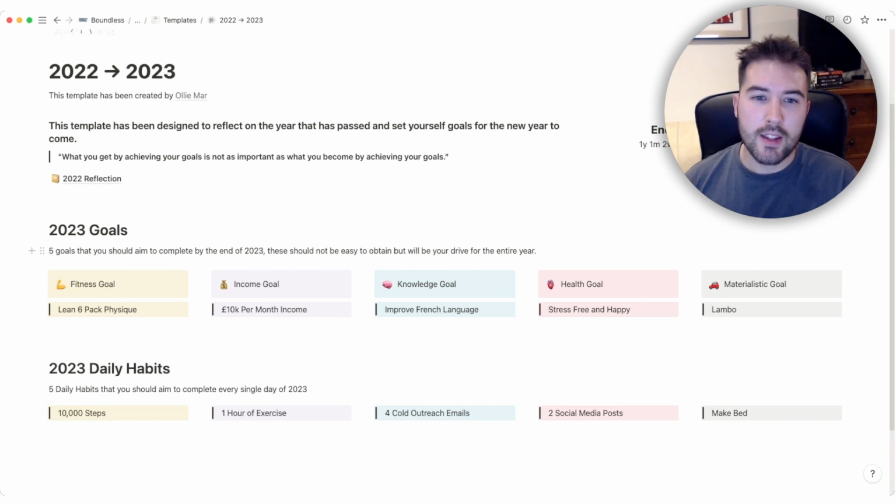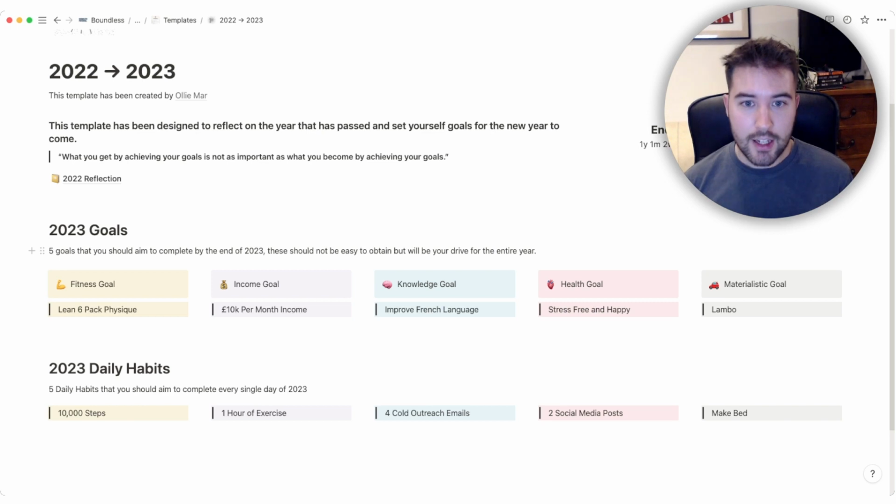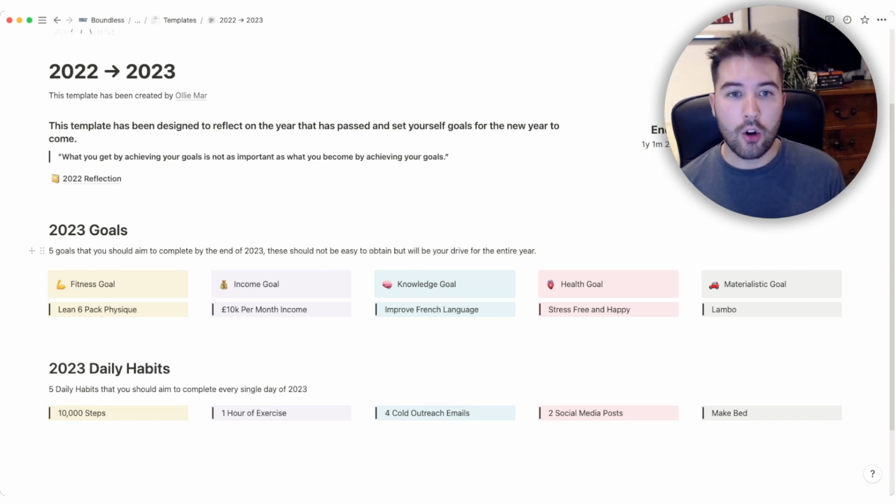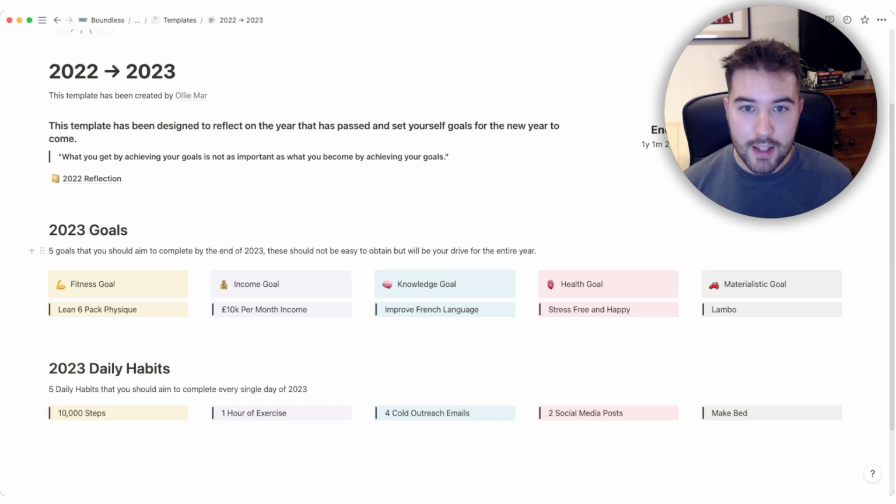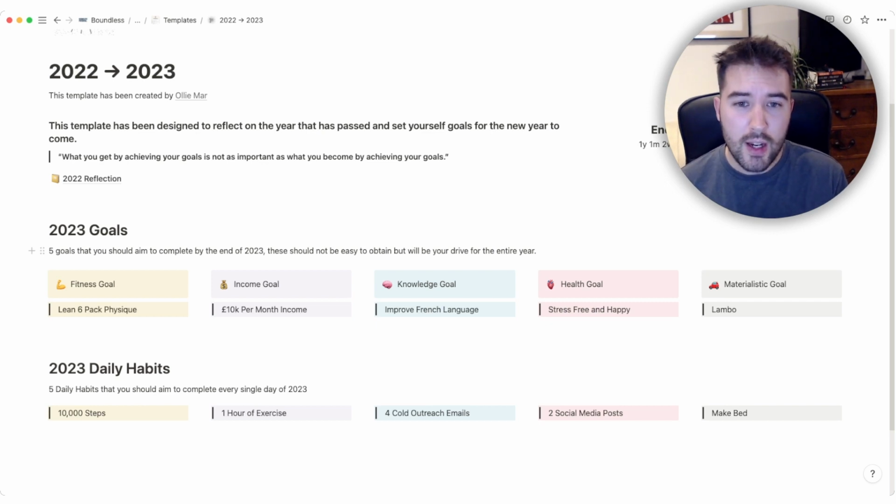So what I mean by this is don't go out and be like, oh, I want to be able to do 10 push-ups by the end of the year. Make it something that you right now cannot physically do, aren't able to obtain, and it's something that if you achieve this, you would be over the moon. And I'm not saying create a goal that you can maybe necessarily do. And I'm not saying go for a goal that you know for a fact you're going to complete. Go for a goal that you genuinely don't think, unless you put 100% effort in, you will be able to complete by the end of the year.